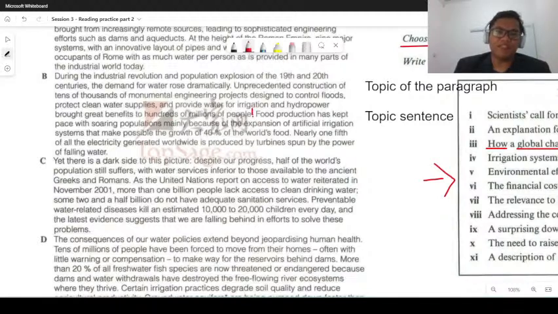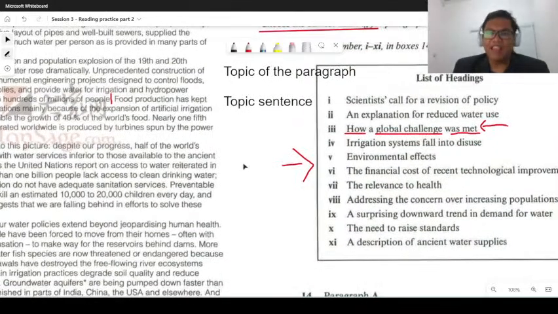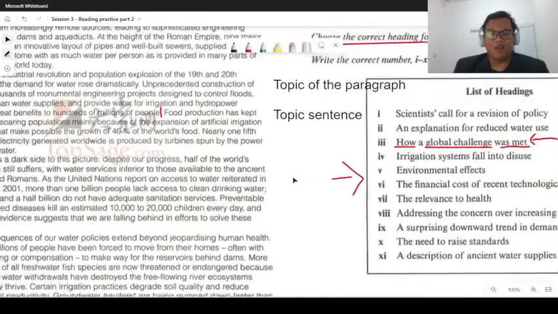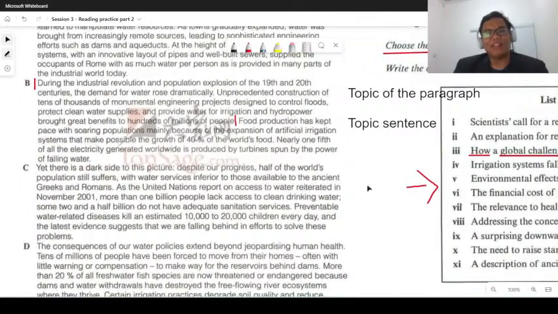That's 2 sentences, right? Now, if you're the type of person who easily forgets, feel free to check the heading again, look back at it, try to read over it as many times as you need so it gets stuck in your head. So this is talking about a global challenge, right? So we want to find a description that talks about a global challenge. Now we can already tell from the first 2 sentences